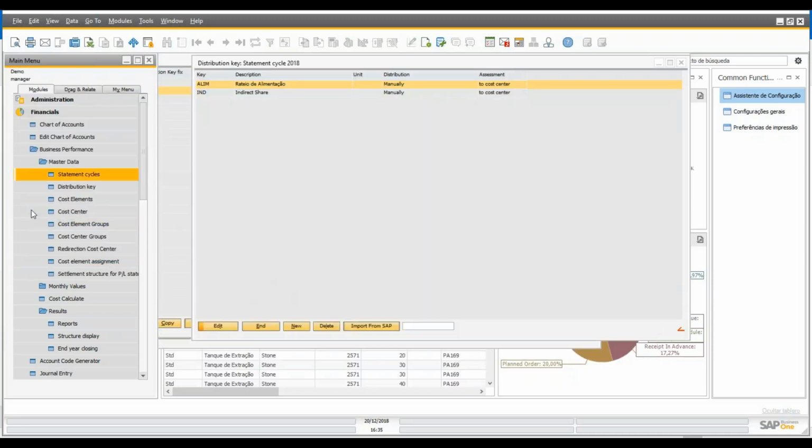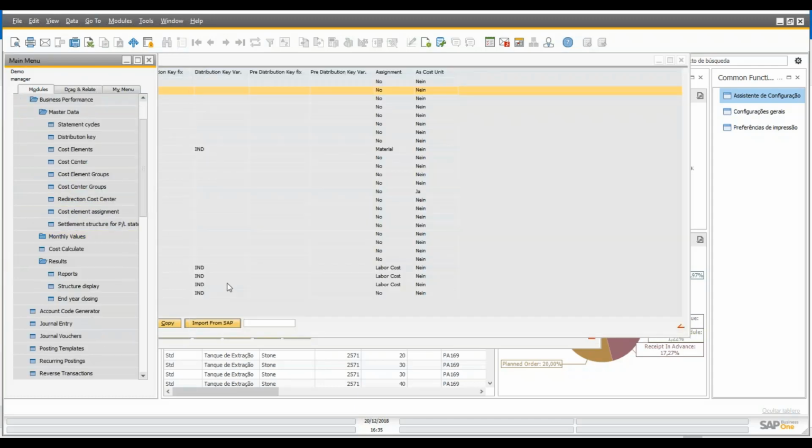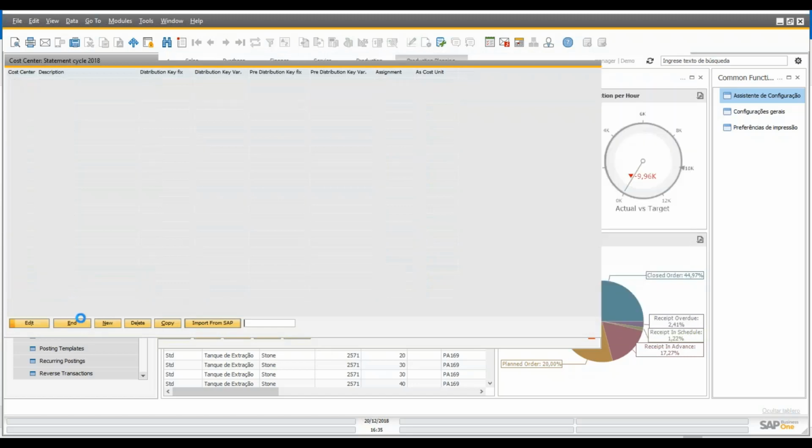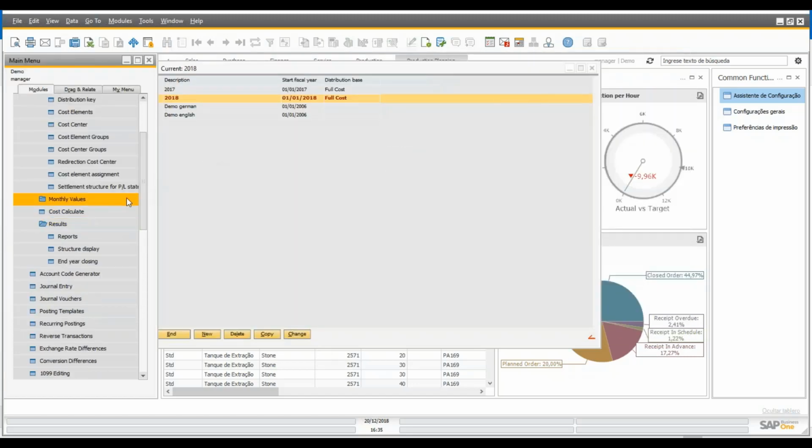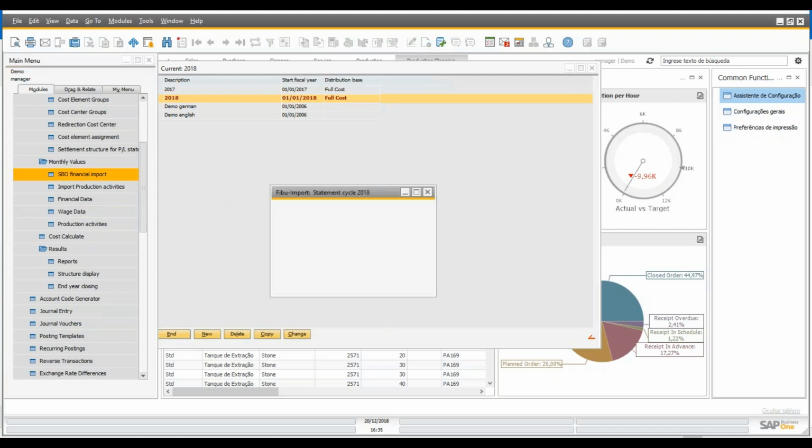When we have all our master data set up, we can just start the process of getting values from SAP into the business performance module. So for that, we can come here into the monthly values and we can do a financial import. When I do a financial import, we are going to grab the data from our journal entries in SAP into